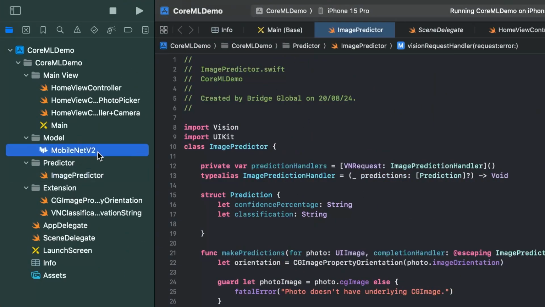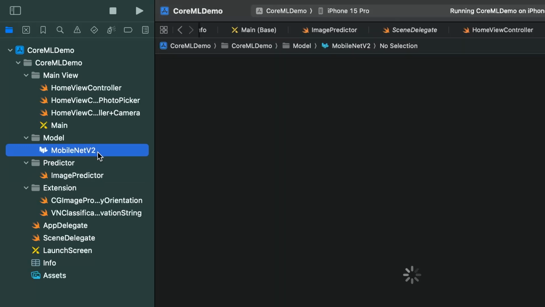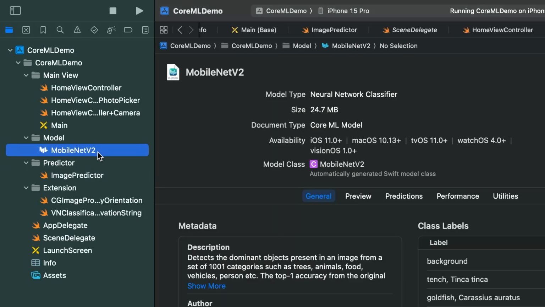This right here is the CoreML model that I have used, and it has the extension of .mlmodel, which is basically an Xcode friendly extension that encapsulates the actual machine learning model that we are using here. After clicking on this, I can see a lot of information on the screen regarding the model. It is a neural network classifier.